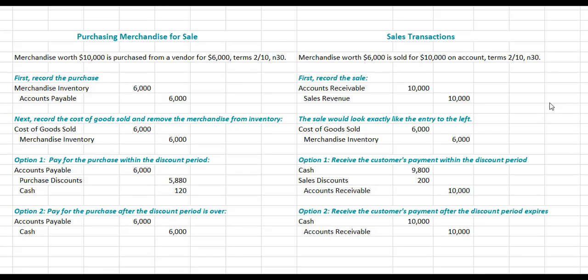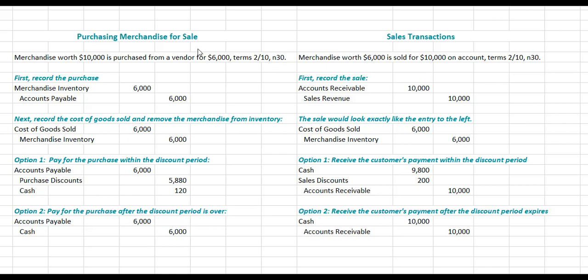Okay, I'd like to go through two sets of just bare bones transactions, one where we purchase merchandise for sale and next where we sell it. First we purchase merchandise that's worth $10,000. That would be the selling price, from a vendor for $6,000. And our terms are we can take 2% if we pay it in 10 days, but the net amount is